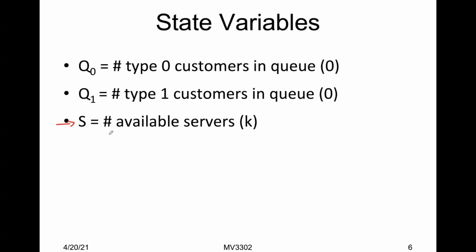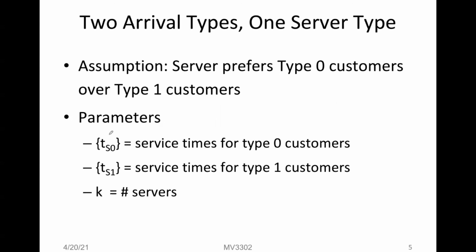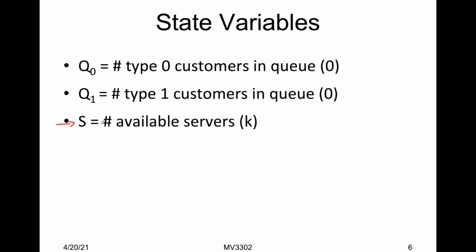Our parameters are the different service times for the type 0 and type 1 customers, and then a certain number of servers. State variables: again, the number of available servers, but now we're also going to keep track of how many type 0 customers are in the queue, and how many type 1 customers are in the queue. Okay, so now